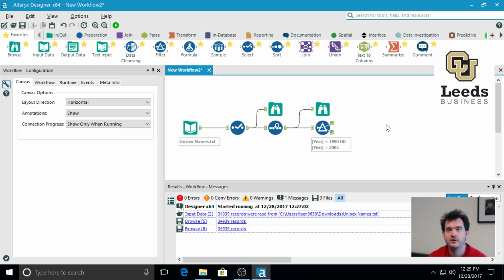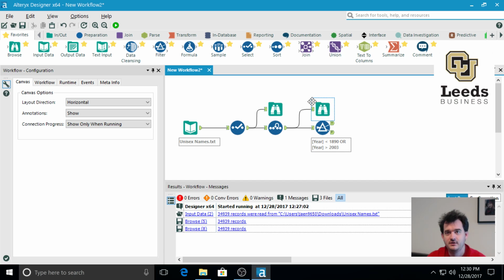In this tutorial, we're going to go over the formula tool. Now, we've previously filtered our data so that only the first and last 10 years are loaded. However, we actually care about the difference between them. But we care about the difference as a group. We don't care about individual years within the range. A formula tool will let us specify some rules and create a new column that has the more summarized form